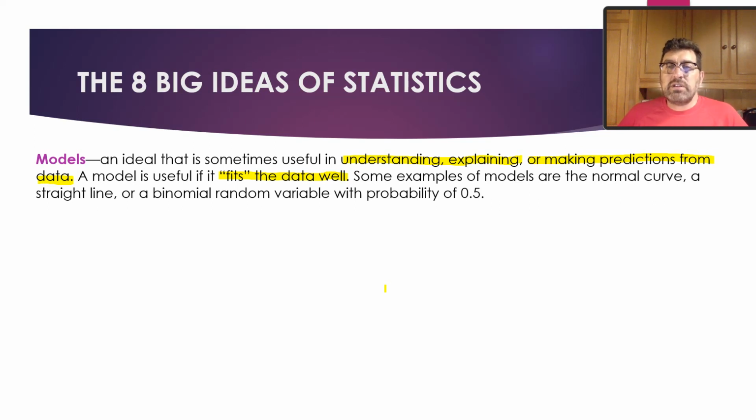Some examples of models are the normal curve, a straight line, and a binomial random variable with probability of 0.5. So it all depends on what the trend in the data shows and how that can translate